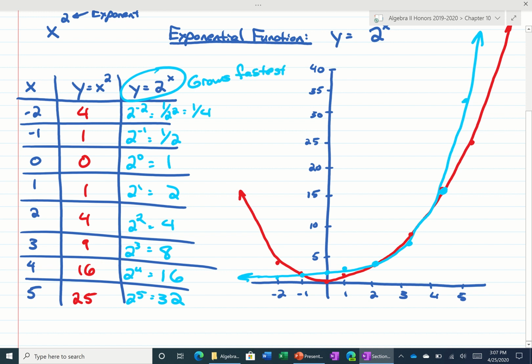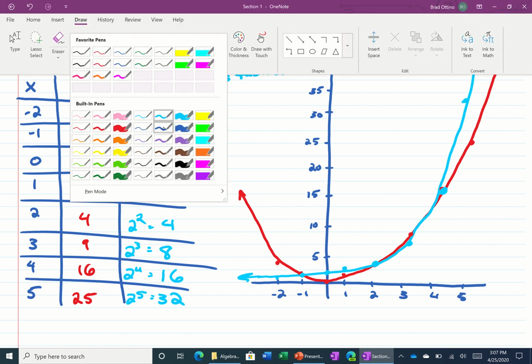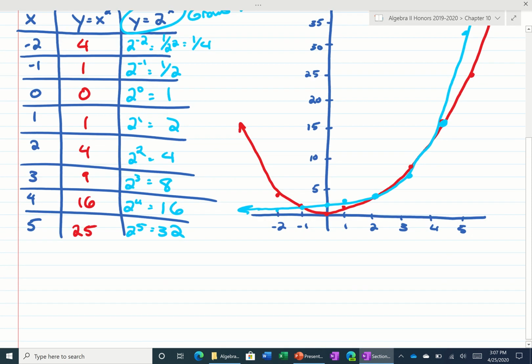Right? When you look at the two graphs, the exponential growth is the fastest, which is why a lot of people are concerned about this virus and why I'm teaching you from the computer like this. It's because the virus growth grew exponentially and a lot of people are infected. So